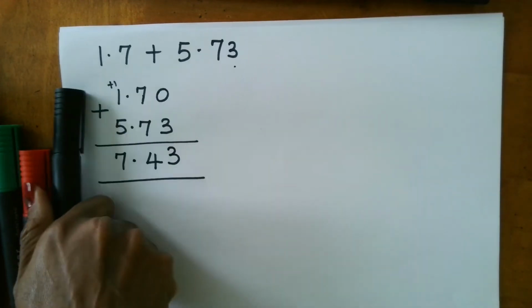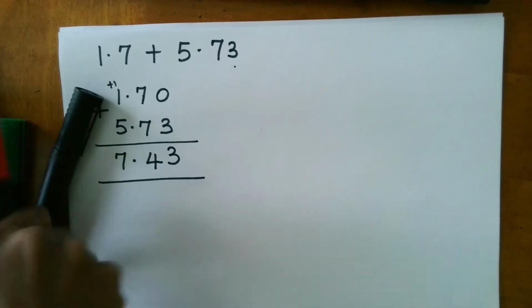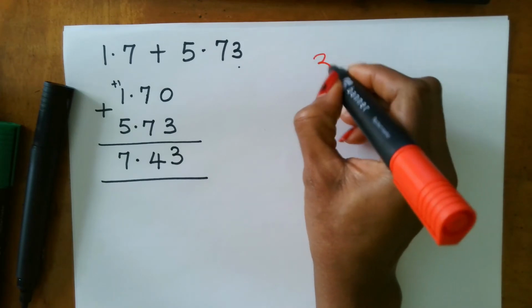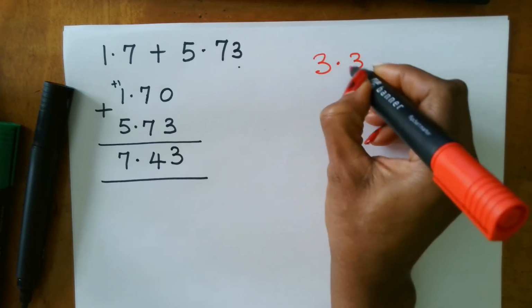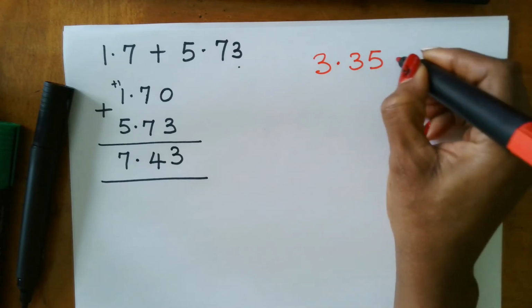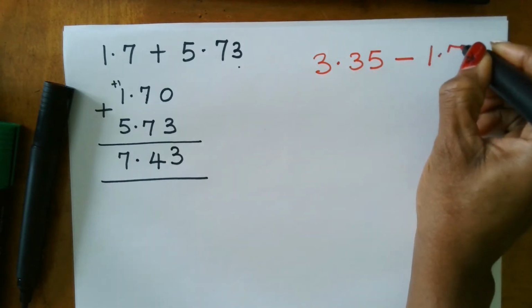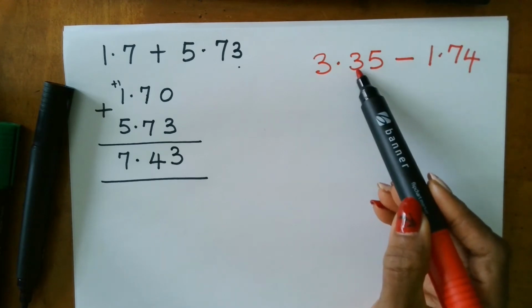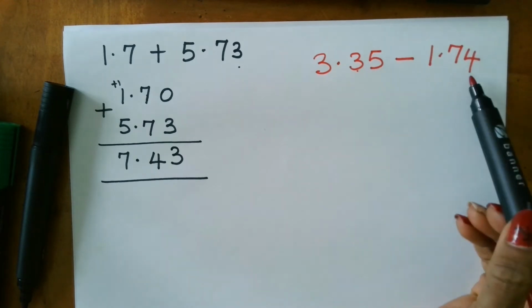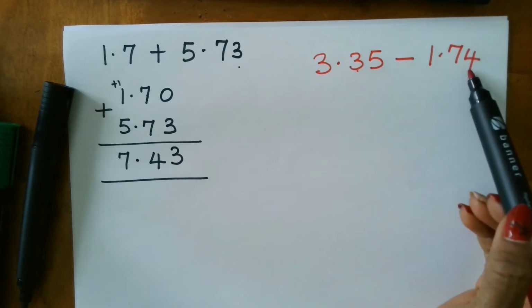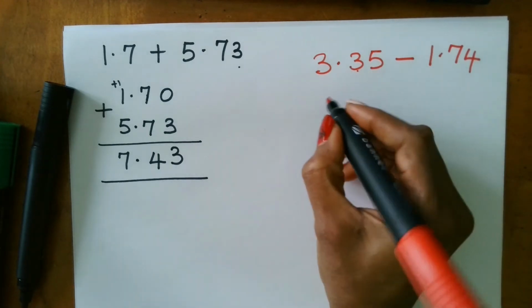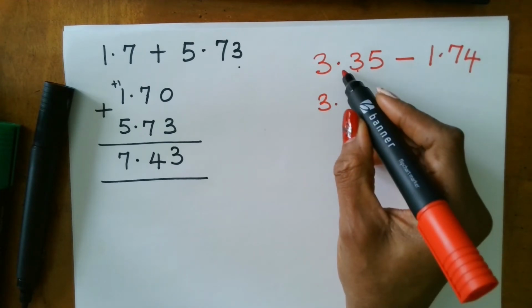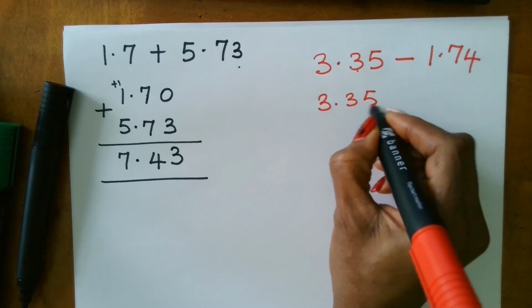Now, let's do another example, subtracting decimals: 3.35 take away 1.74. For this one, we can see that they both have two decimal places, so I wouldn't need to add a 0 at the end. So if I subtract 1.74 from 3.35,